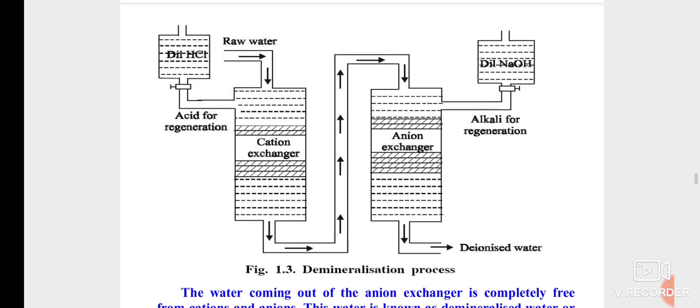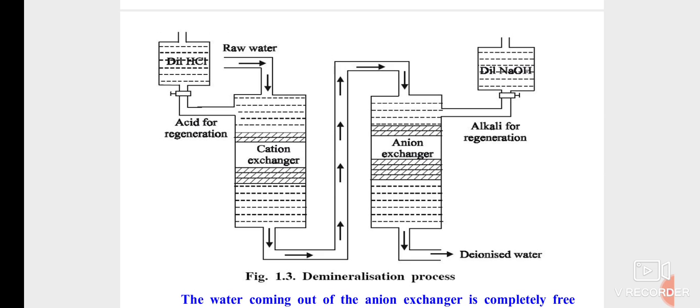So already I discussed the diagram, what is the mechanism involved in the different columns. The cation exchanger contains cation exchange resin like RH2, and the anion exchanger column contains the R-OH twice. So if the raw water contains any type of hardness-producing salt, the cations are absorbed by the cation exchanger and the anions are absorbed by the anion exchanger